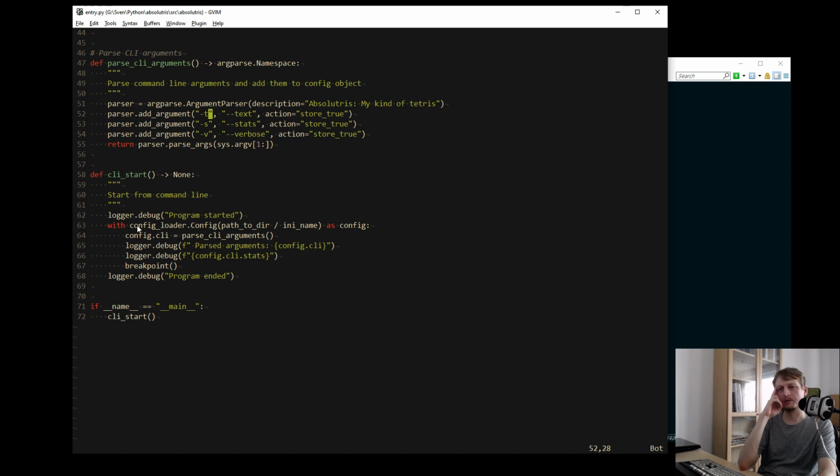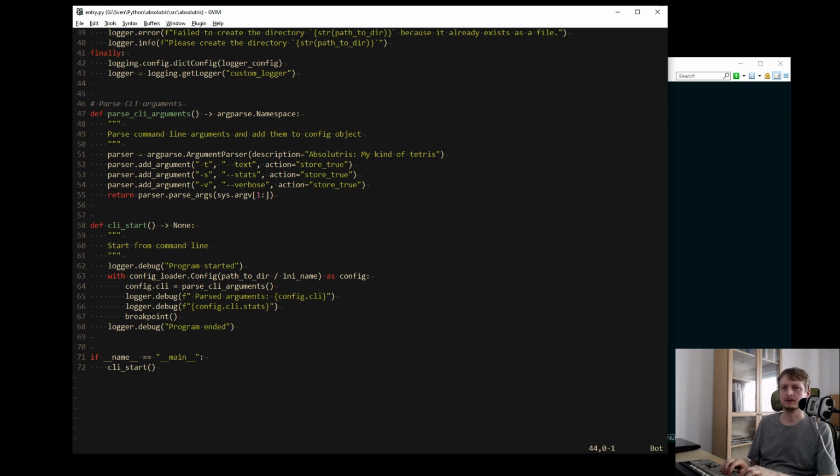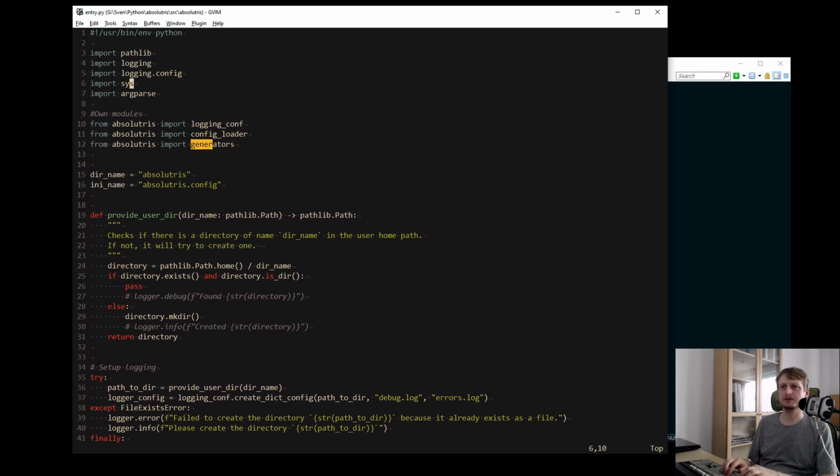Well, I'm in the context of config loader. I see. Oh, okay. Maybe it doesn't want to do anything here. But still, even being there, it imported generators, right?